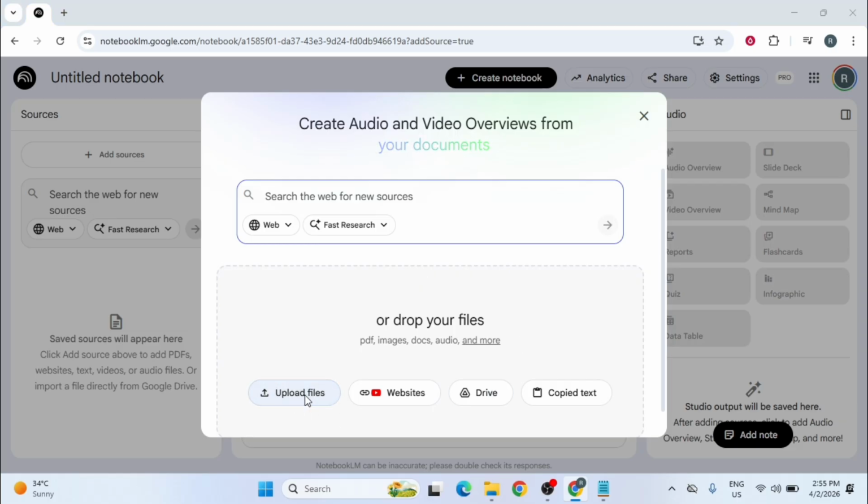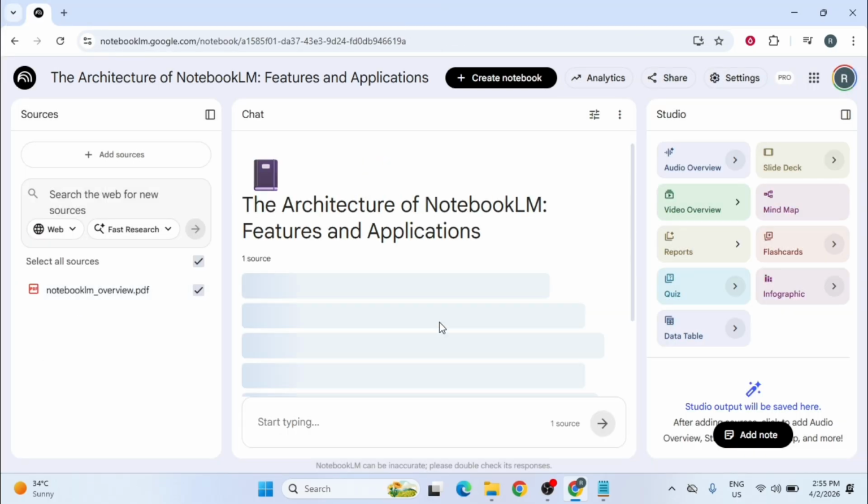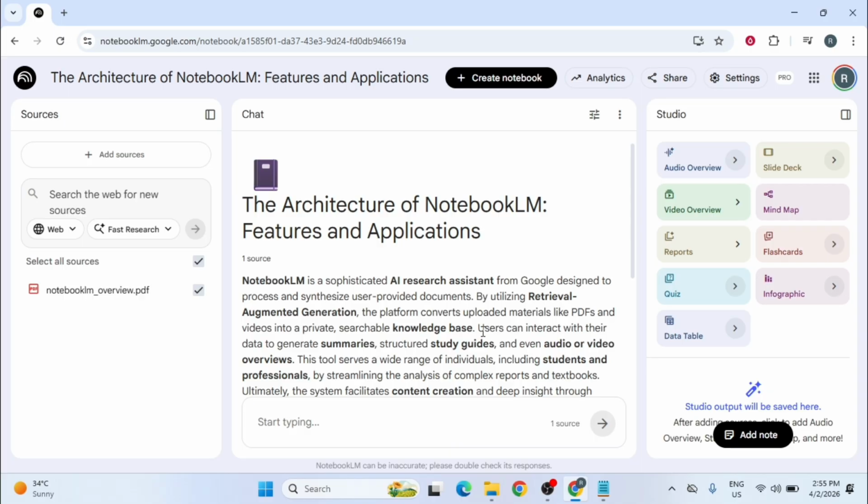I'll select the Upload Files option to choose a document from my local storage. Once the upload is complete, the document appears on the left, and a brief summary is generated in the center chat area. Now, I'll head over to the Studio section on the far right and click the button next to